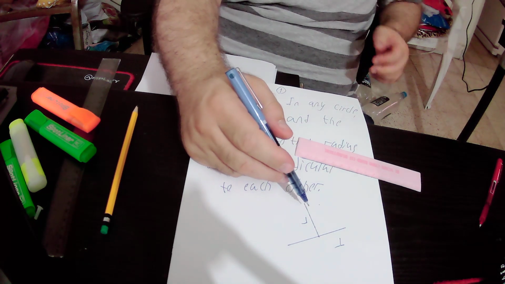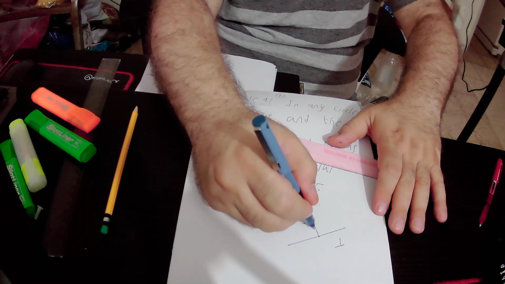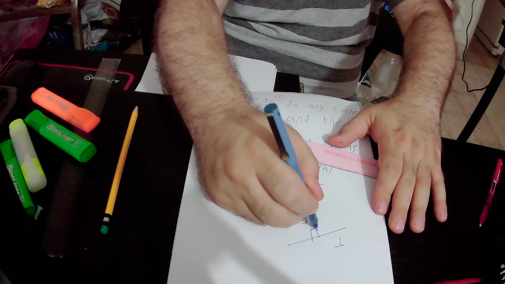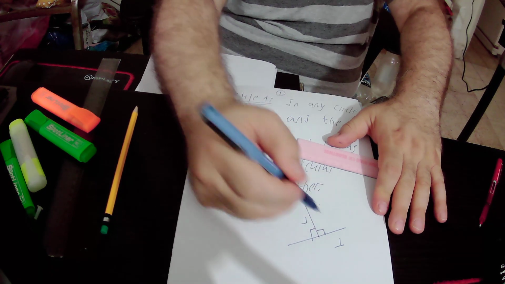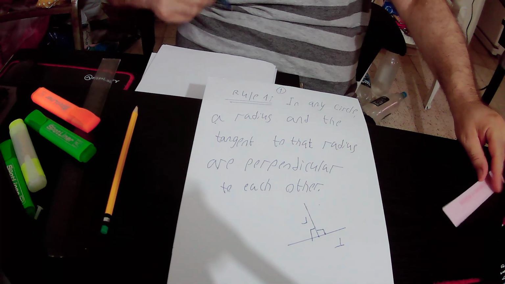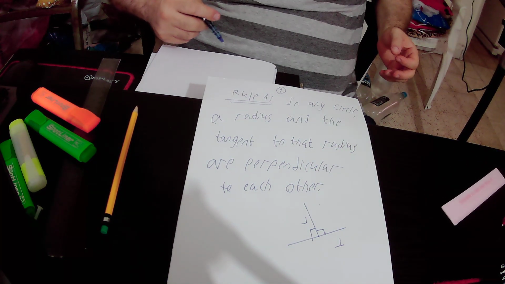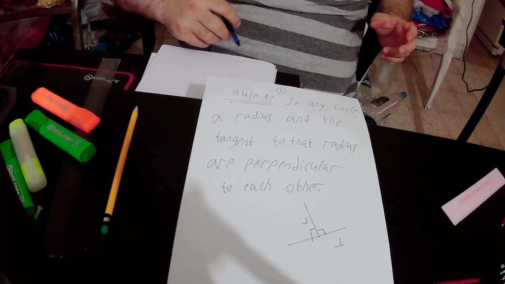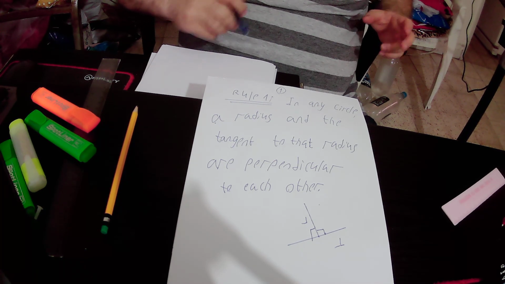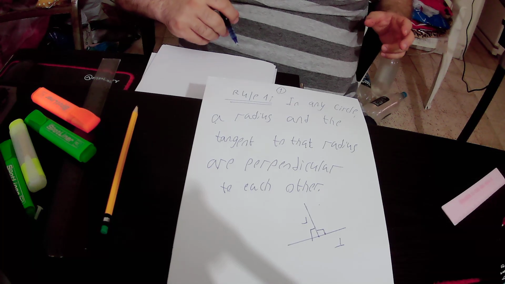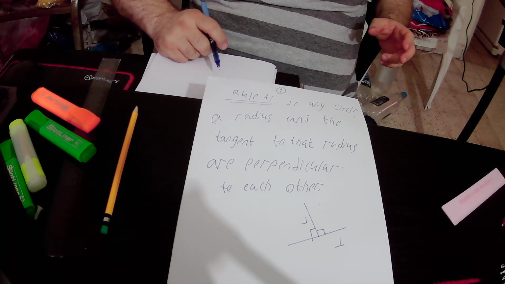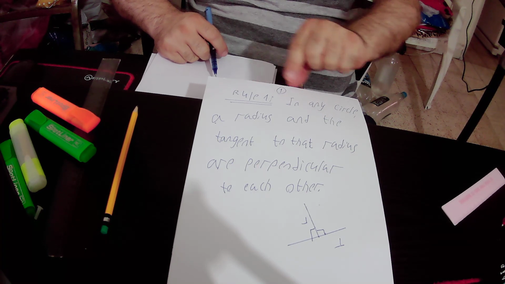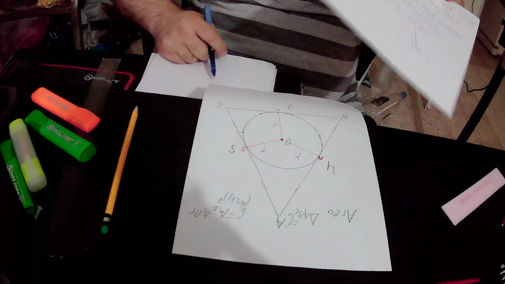That is to say, this angle is 90 degrees and this angle is also 90 degrees. So in any circle, a radius and the tangent to the radius are perpendicular to each other. So we actually can implement rule number 1 in our circle,